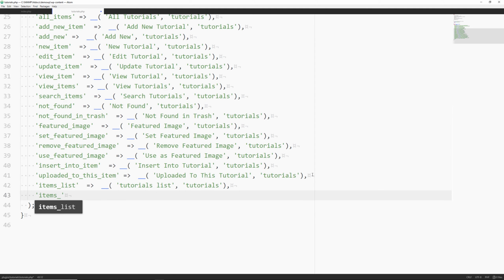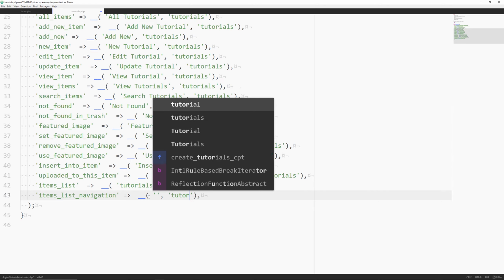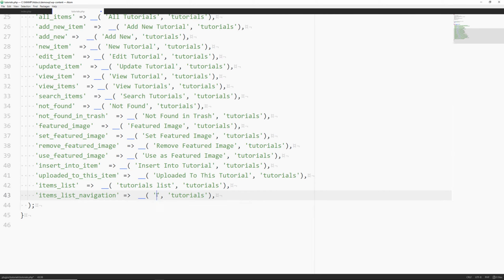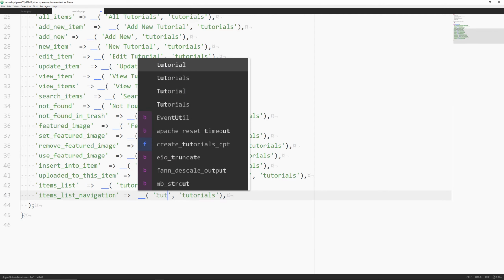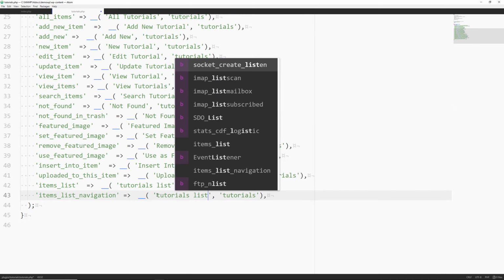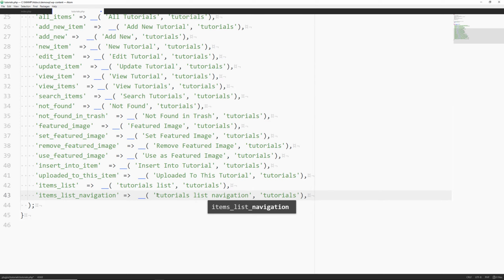Items_list_navigation. Set that up there, and then I'll say tutorials list navigation. Let me go ahead and make these capitalized.